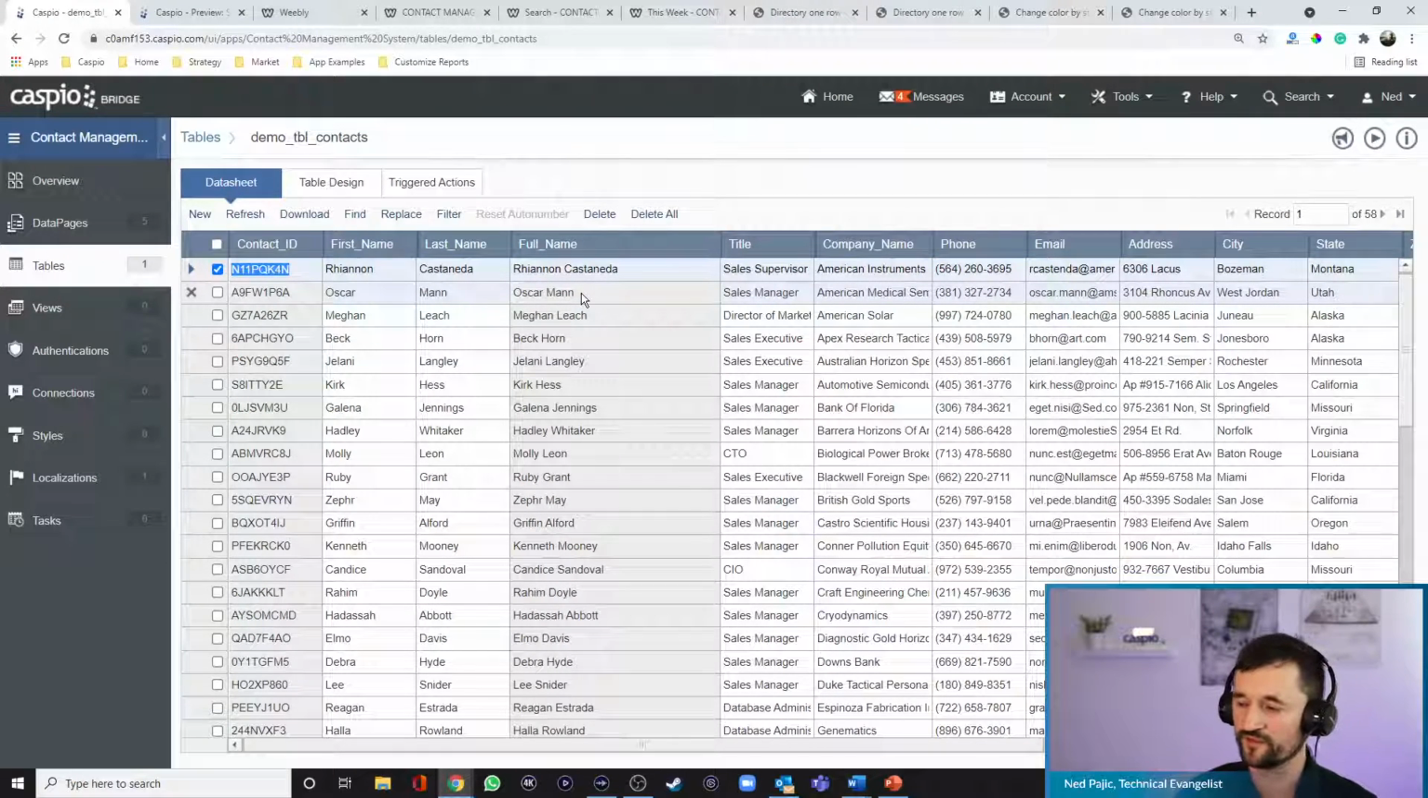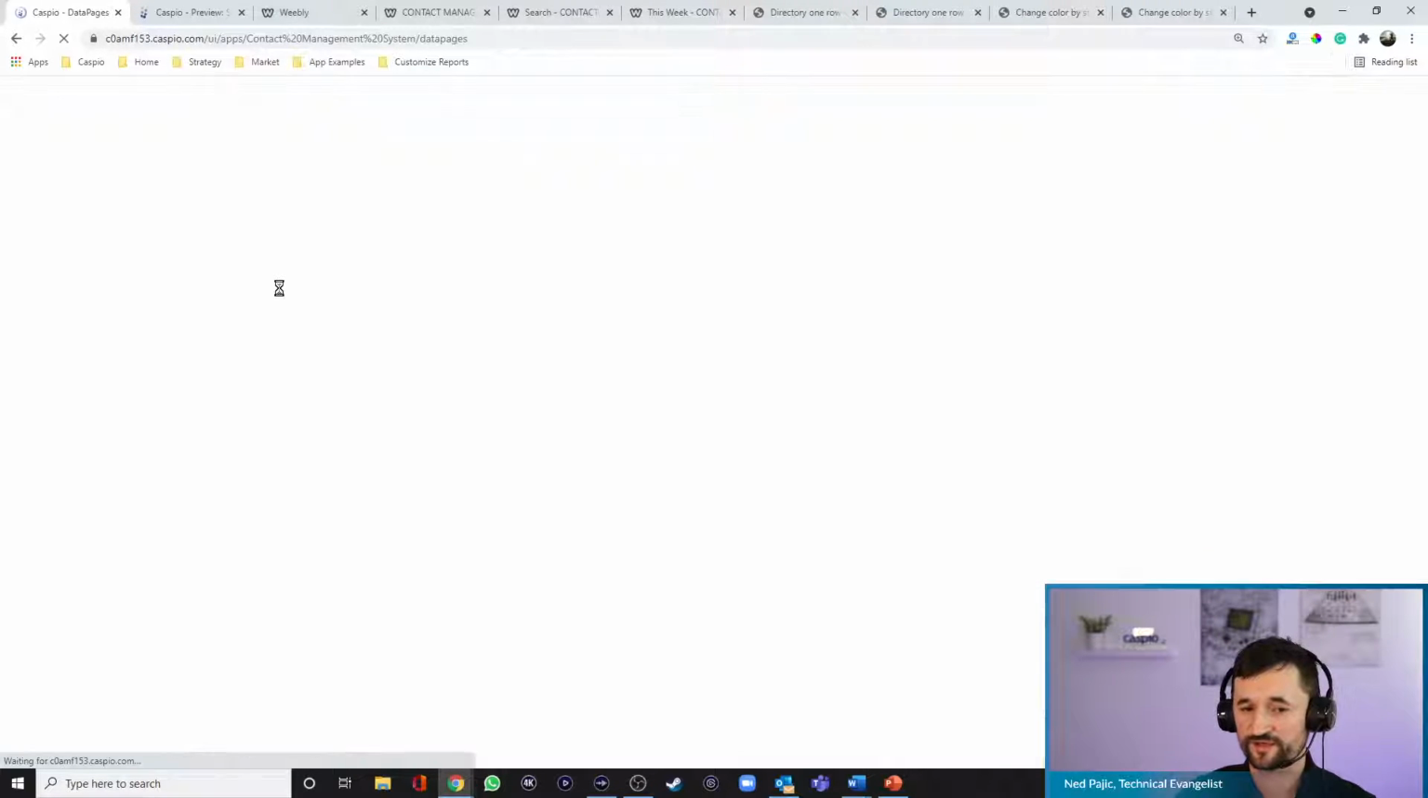Very helpful if you're dealing with names, because sometimes when you're sending an SMS or an email alert, you may want to just use the first name to address them. But on the report side, instead of displaying two different columns, you can have one column to display the full name. Okay, so I could go back to my data page,